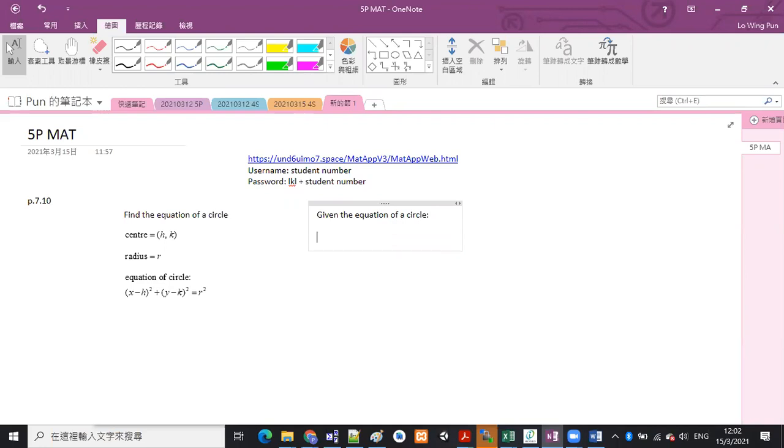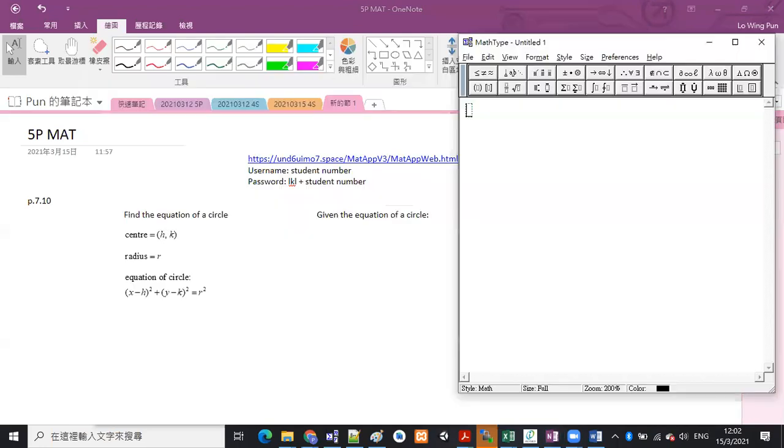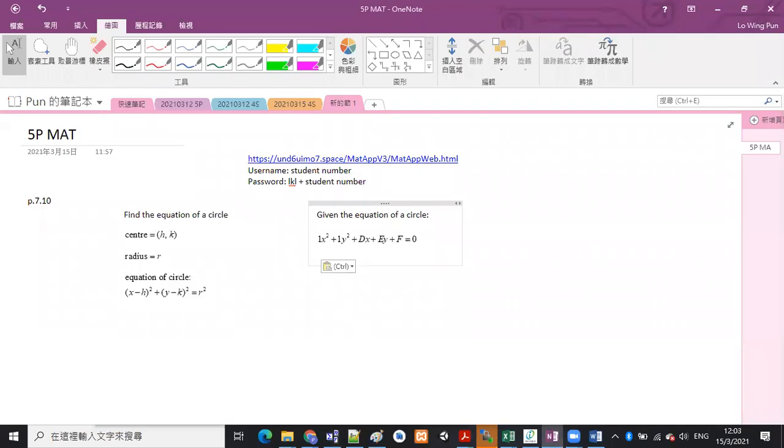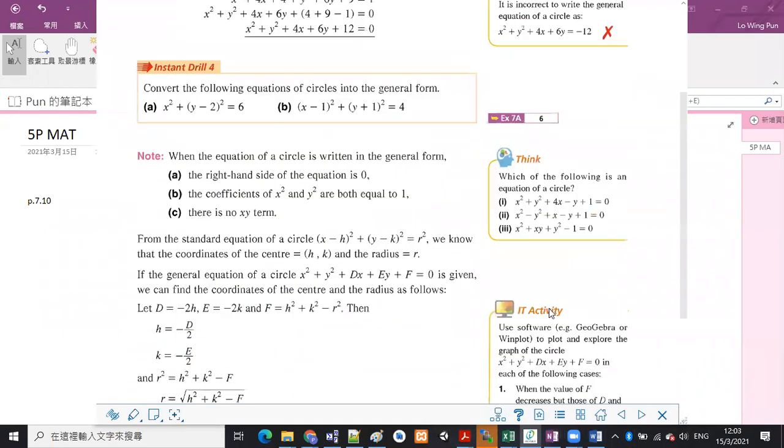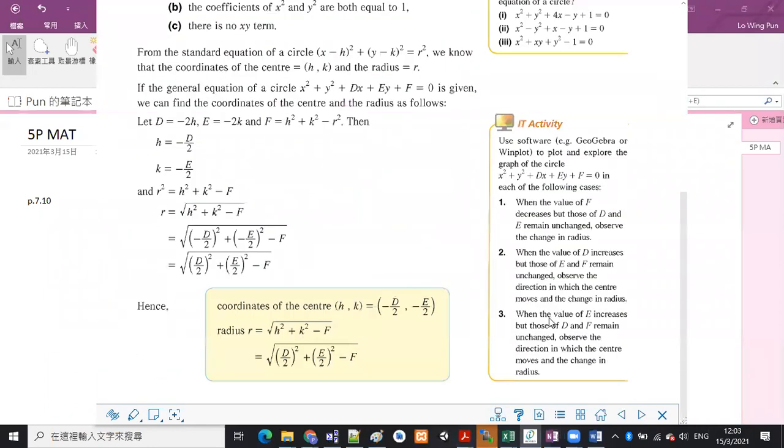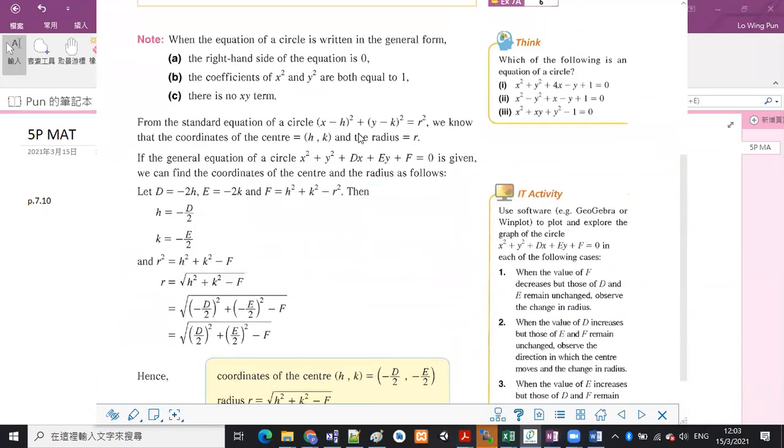But sometimes we need to do something first. When it is in the form of this, x squared plus y squared plus dx plus ey plus f